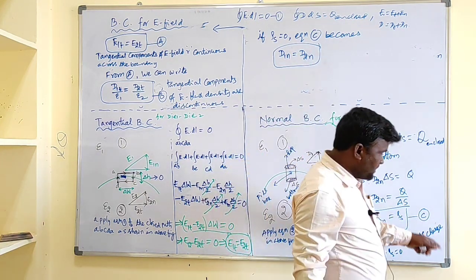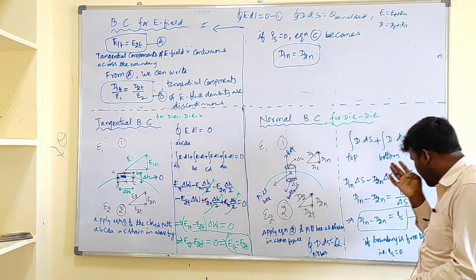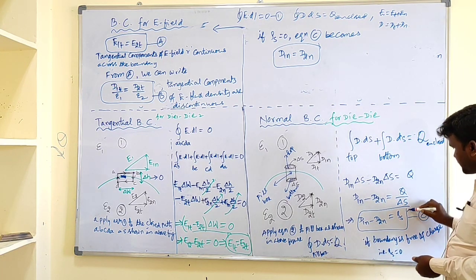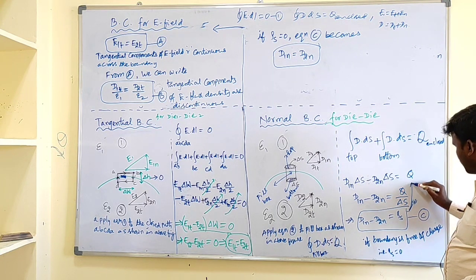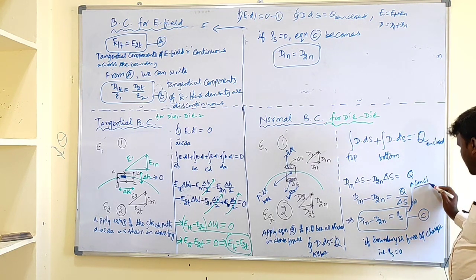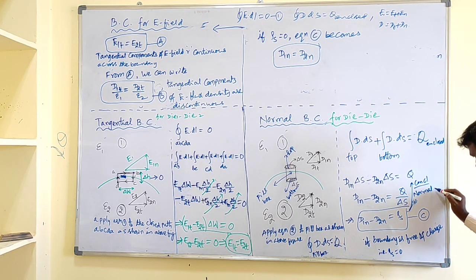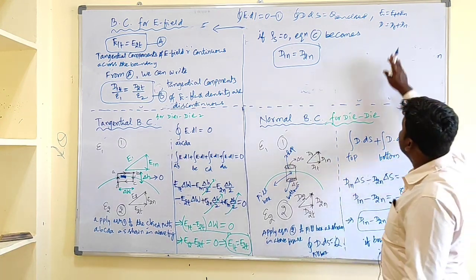Here, what does this equation C state? If there exists a charge on the boundary, in that case the normal components of electric flux density are discontinuous. We can write the conclusion here itself. What is the conclusion? Normal components of...